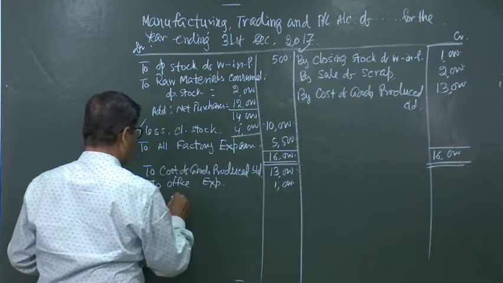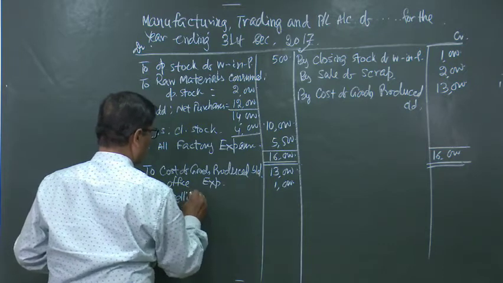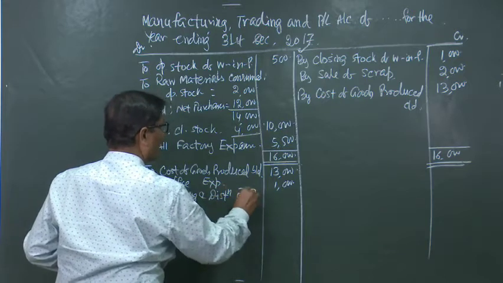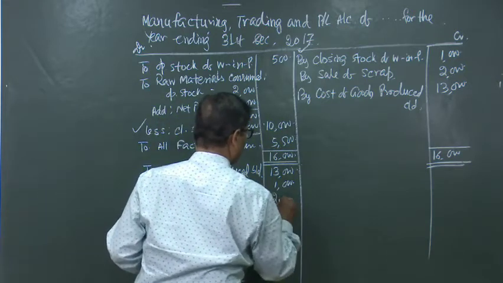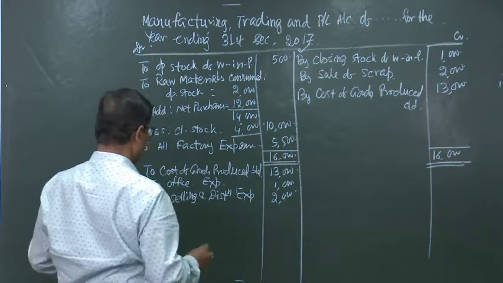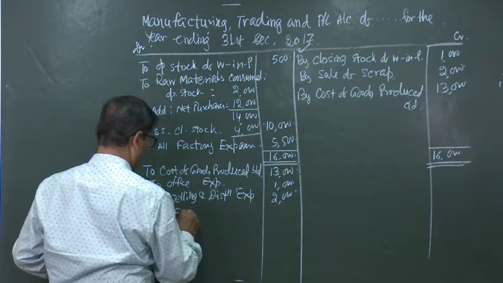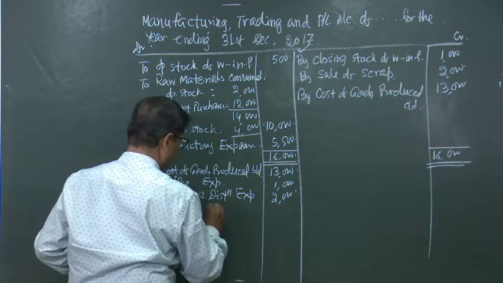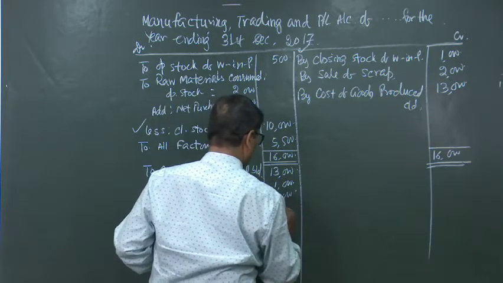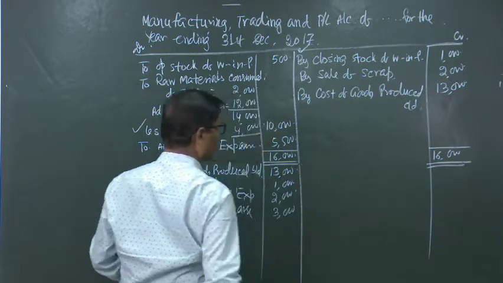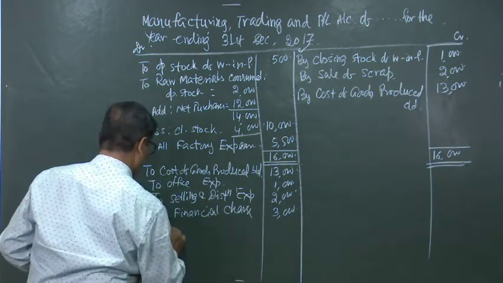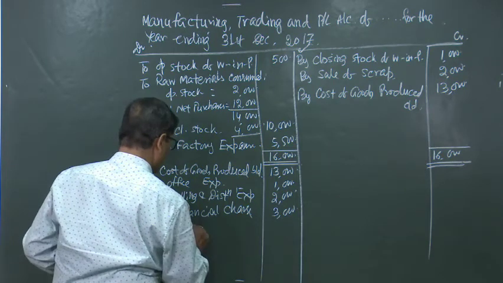Then to selling and distribution expenses, suppose 2,000. Then you have got, suppose, financial charges, say 3,000. Then to opening stock of raw material, to opening stock of finished goods,